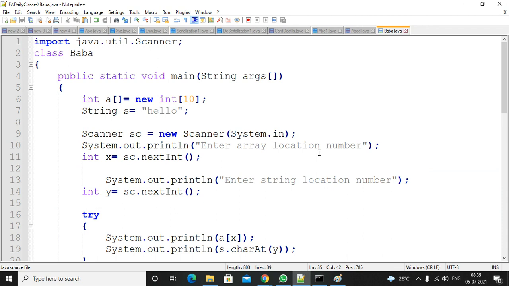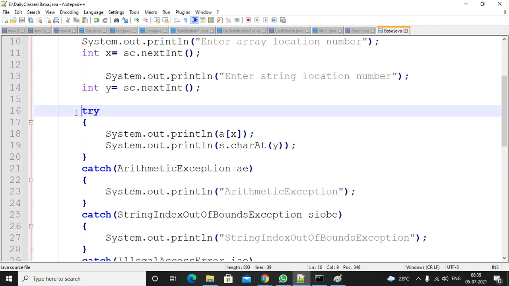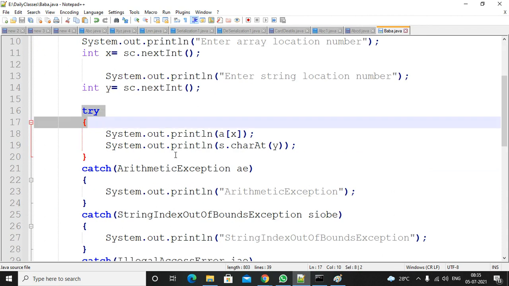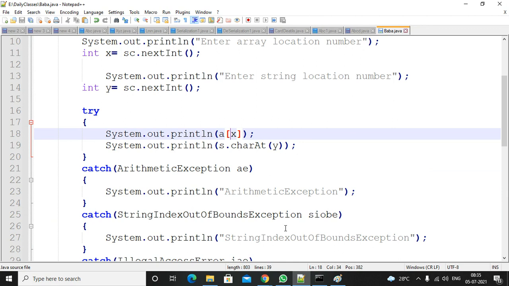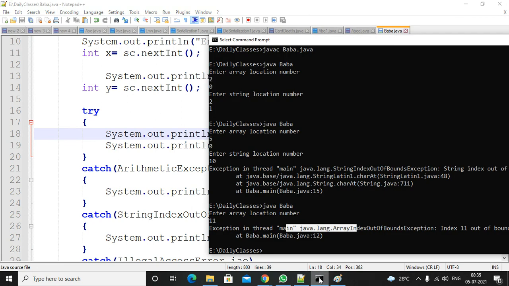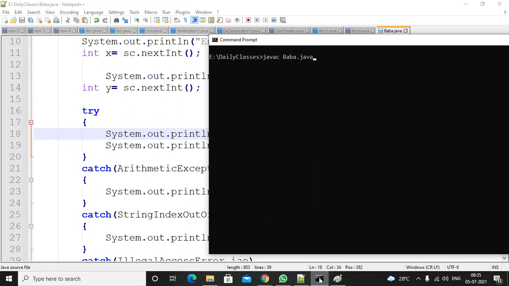Now we are already handling the exception by using try catch blocks. So now I will ask the user to enter the values. I am trying to compile it and executing. If I enter an invalid number, array location 11, 11 is not there. String location 8 is also not there. So okay, give some valid one.